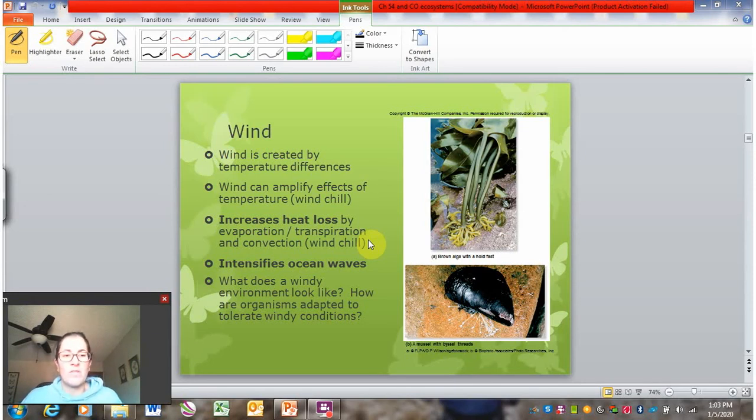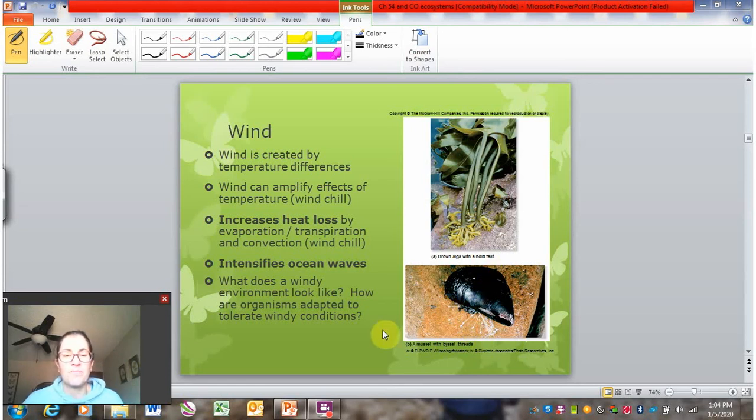Not always. Sometimes the wind feels cooling, but if you think about a desert area, you have things called the Santa Ana winds, for example, which are hot, dry winds that actually dry things out a lot and can make it feel even more scorching. That can affect organisms because it's now hot and dry. It also intensifies ocean waves, so that affects things that live in the ocean. And organisms that live in water and have to attach, like these two different examples of organisms that attach, have to deal with windy conditions because they can affect how well they can hold to the substrate